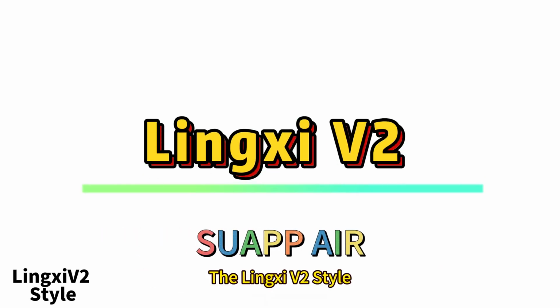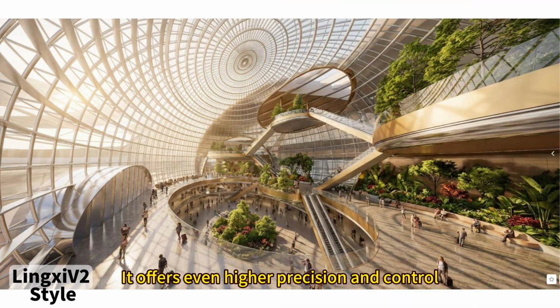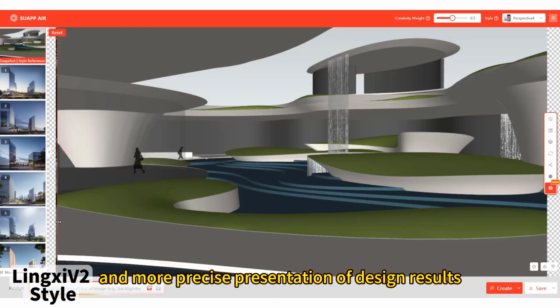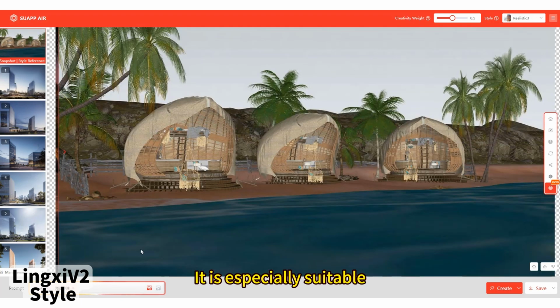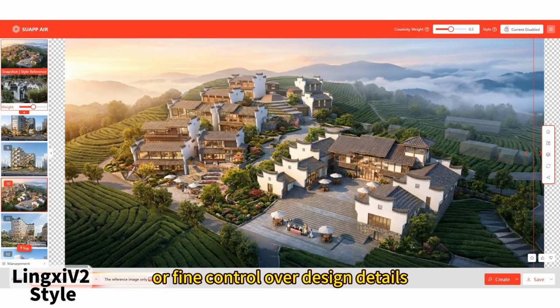The Linksy V2 style is an advanced version of Linksy. It offers even higher precision and control. Linksy V2 integrates Nano Banana Pro and more precise presentation of design results. It is especially suitable for later design stages, if your goal is precise visualization, material replacement, or fine control over